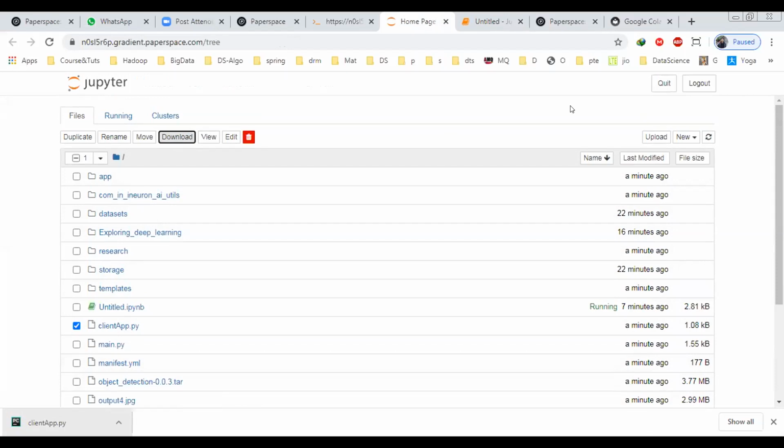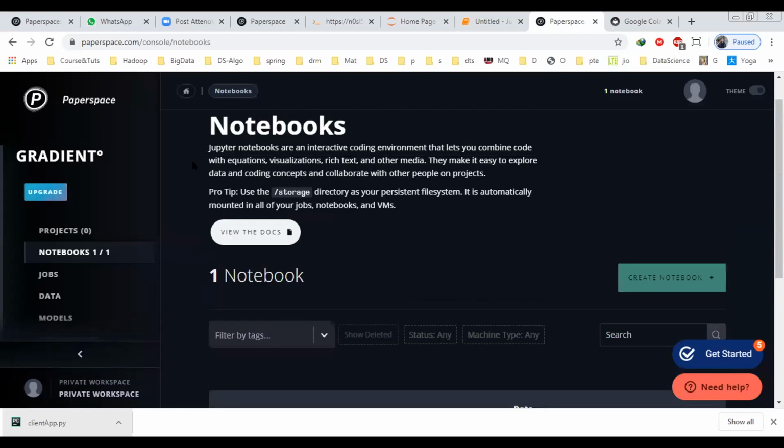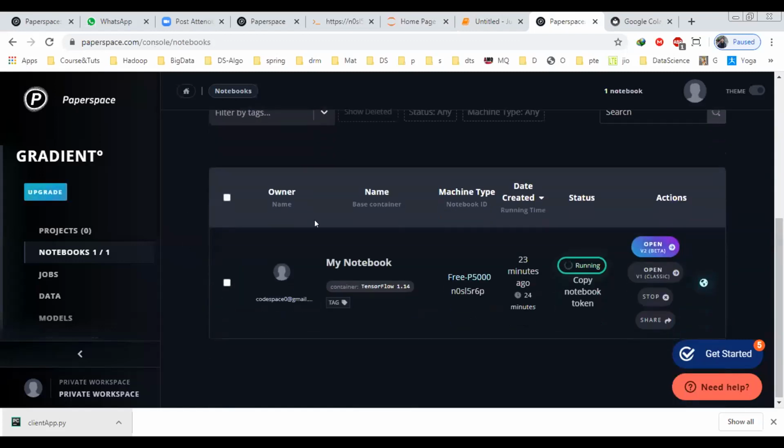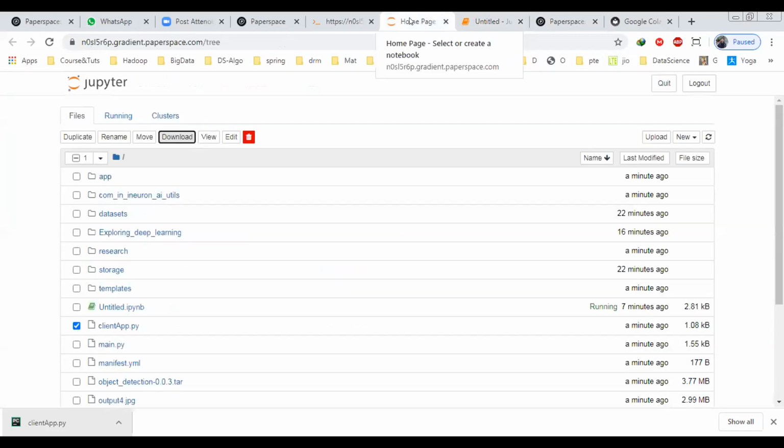Okay, so these are the hacks that we can do. Let me reiterate my steps, what we did, so that we can go ahead. The first step was to create this. Once you create it, you will see one notebook is available, and once you see this green sign that is running, that means your notebook has started. To open the console, just click on the open button. Once you open it, you will see a home page like the one in Jupyter Notebook. Everything will be the same.